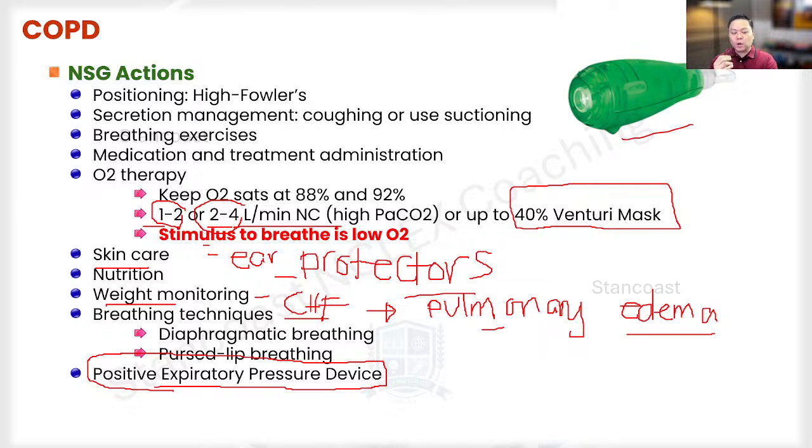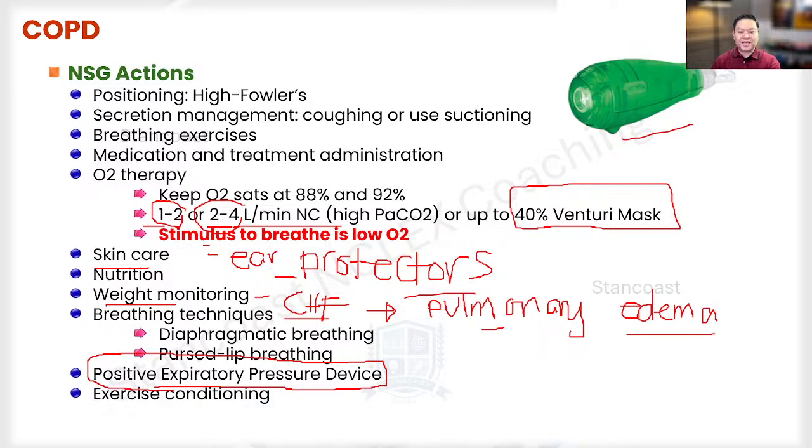And so this will cause the oscillation. So when the patient takes a deep breath, it will cause vibration into their airways. And that vibration can cause dislodgement of the mucus that has been sticking into the airway, the gunk that has been sticking into the bronchioles. The device will actually cause those to get dislodged and then promote them to be expectorated. So this is something that would really benefit your patient. Again, that is your positive expiratory pressure device.